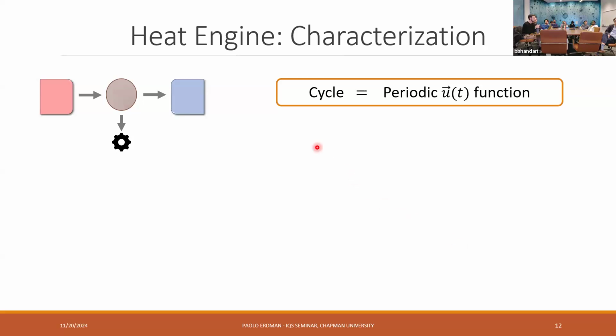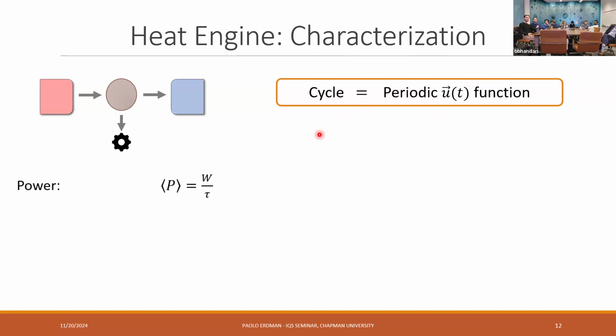And okay, so now from a thermodynamic point of view, if we imagine that we change these time-dependent controls in a periodic way, we could implement the equivalent of a thermodynamic cycle. Because, for example, in the ion case, we can compress and expand the particle, or we could change the qubit gap in time. And if we do this in a periodic way, we can implement a thermodynamic cycle.